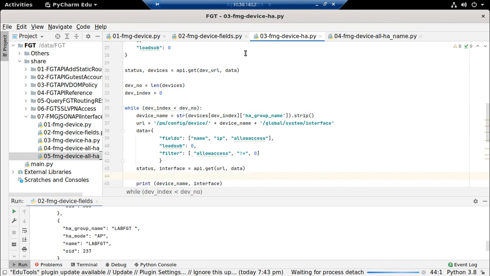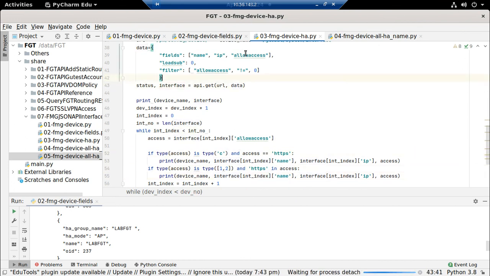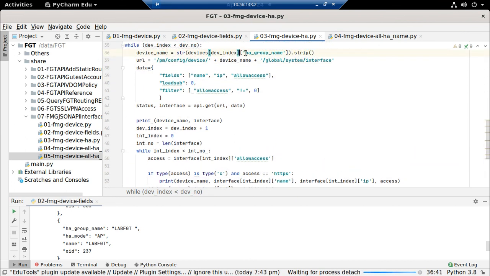And in here I select the HA device group name, and here is the URL: pm config device, device name, global system interface. Like previous, the fields we care about are the name, IP address, and allow access. And the filter means allow access not equal 0. So if this one does not open SSH or any kind of access, we do not get it. After that, we get this link,